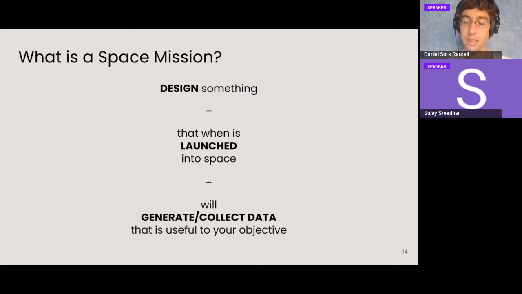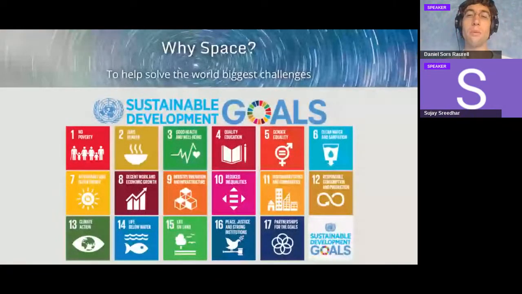And we're going to define these purposes later on. So this is an overview of a top-level definition. And to answer why space, we could be willing to go to space for many reasons, but we want to highlight the Global Sustainable Development Goals, the SDGs, because there was recently a report by the United Nations